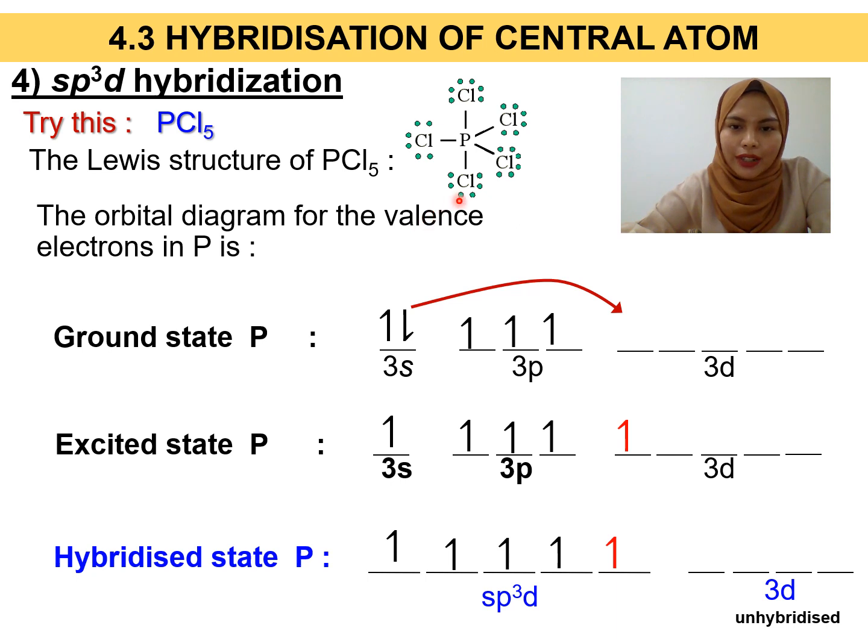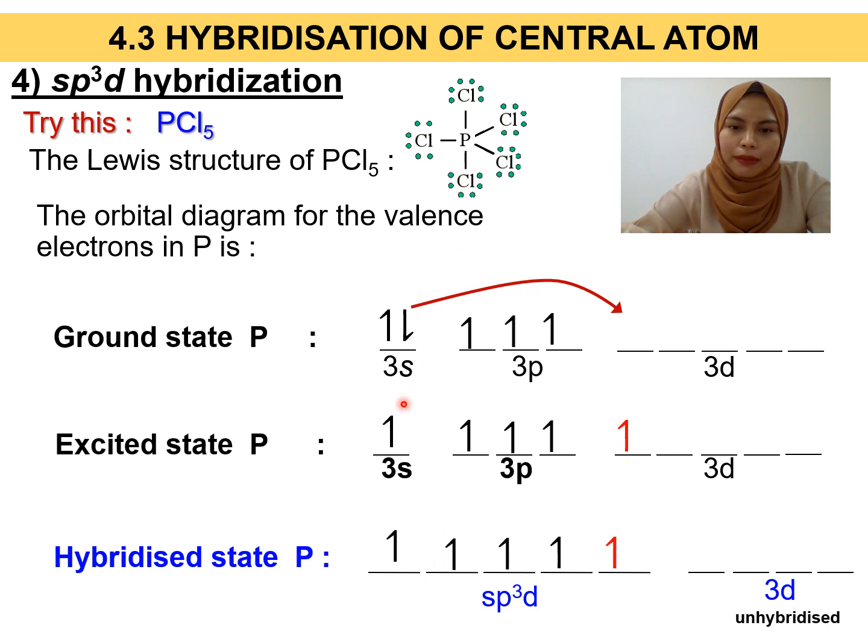Okay, cuba buat ni. Kalau let's say you ada molecule PCl5, macam mana pula? So first thing first, you need to draw the Lewis structure of PCl5, where you will get this kind of drawing, and you will know that P ada 5 electron pairs di sekitar central atom dia. Therefore, P ni dia akan ada sp3d type of hybridization. Okay,